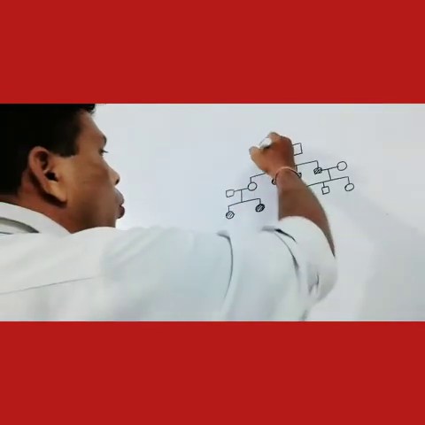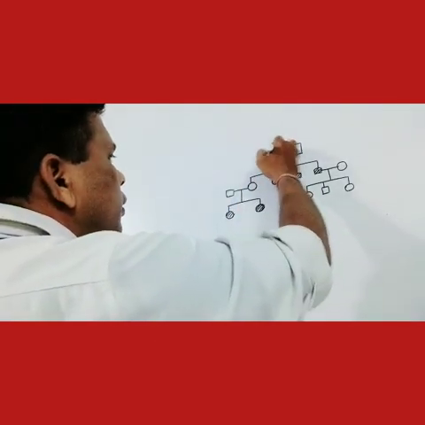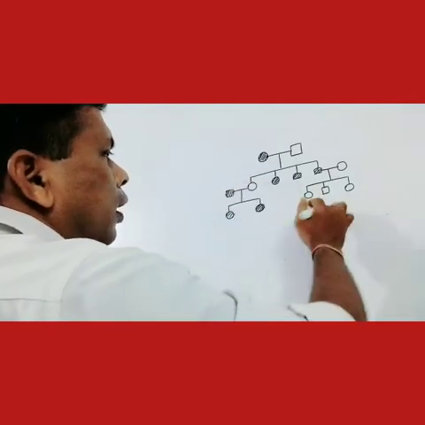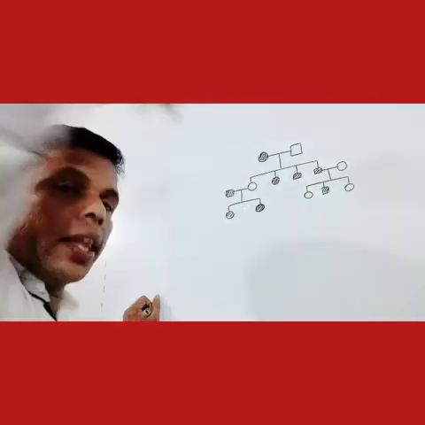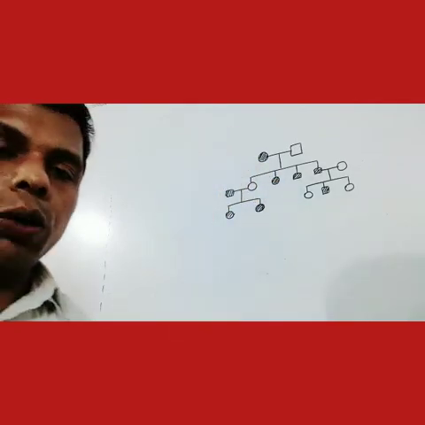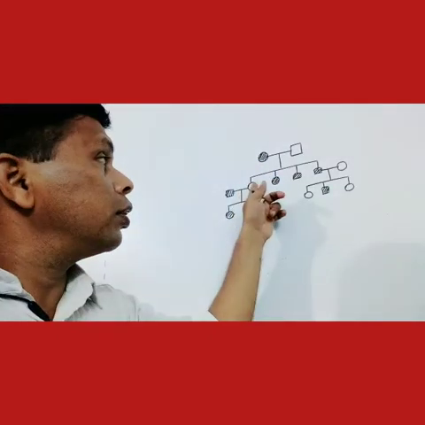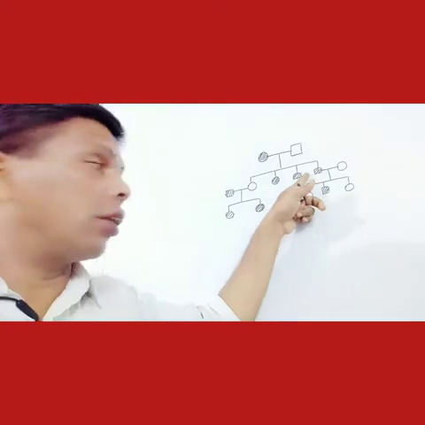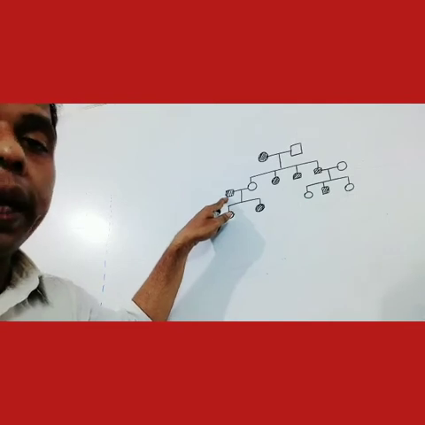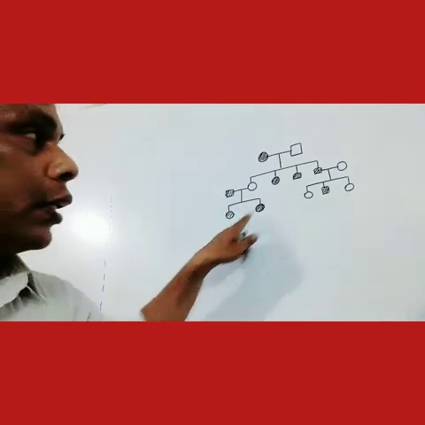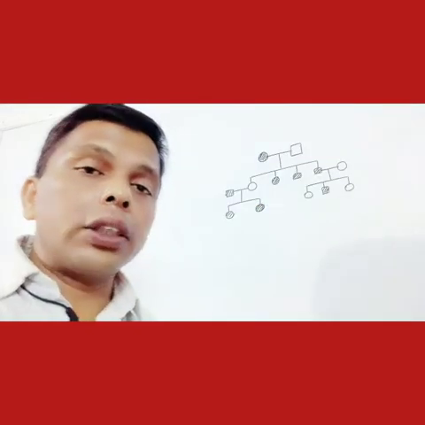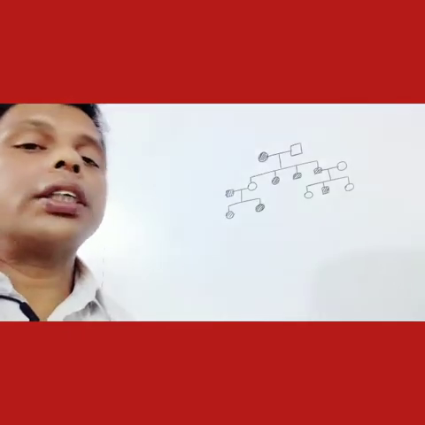Okay, suppose in this chart the mother is affected. Look, in the F1 generation, out of the parents, one is affected. The disorder appears in the next generation. In the next generation, affected individuals are present. The offspring are also affected. Here, the affected parent produces affected offspring. That means in all generations, the disorder is found.